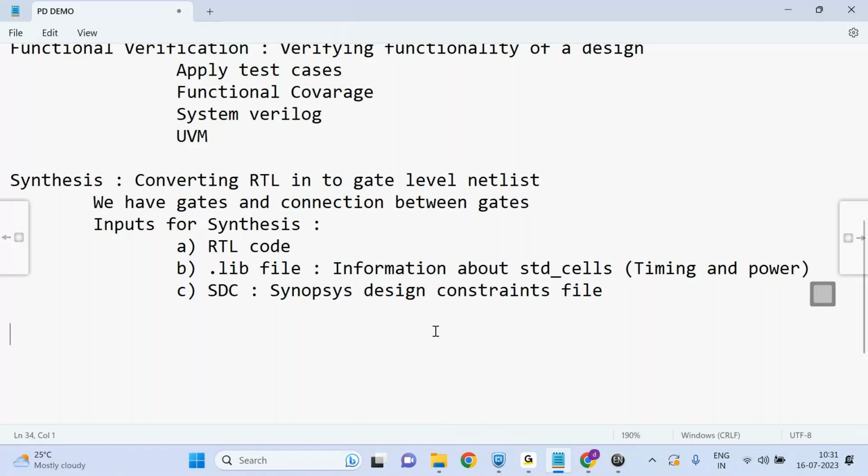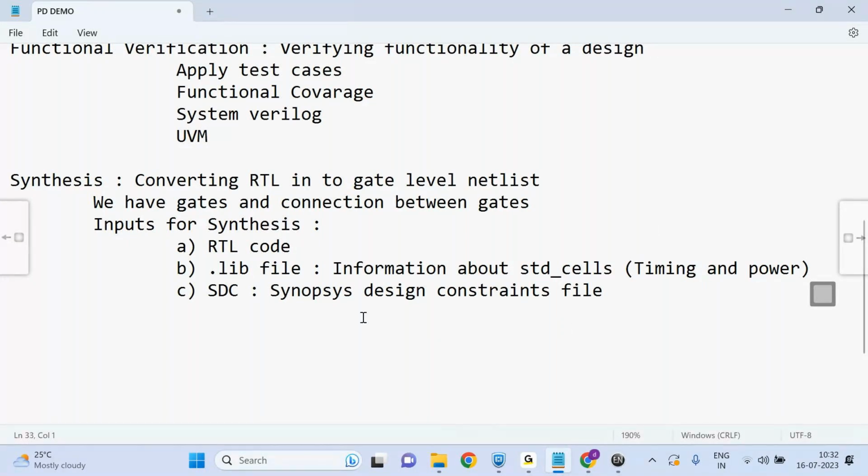What bus do you have to board? You have to plan everything. At what time do you have to leave your home? You have to use Google Maps and verify everything, and plan how to reach VLSI Guru and how to go back. So there is a constraint, right? You have to do everything in only 15 rupees. Similarly, you do synthesis, but you do it in such a way